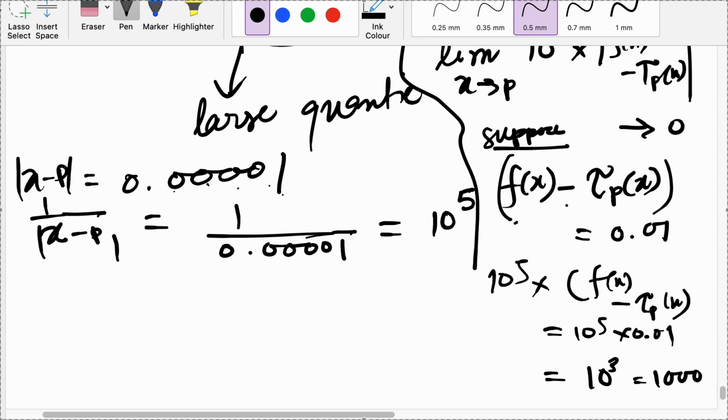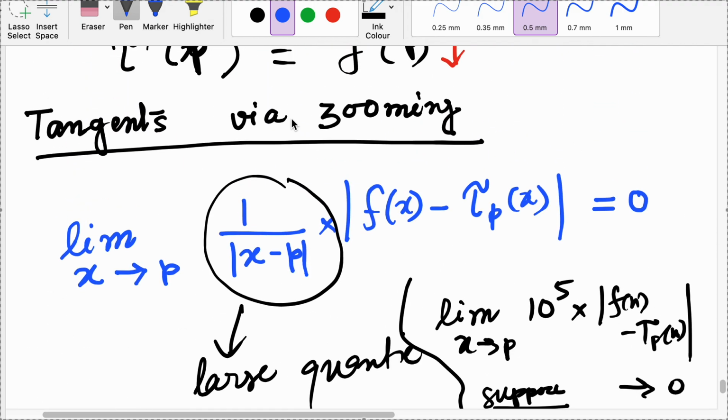So it should not be that they differ by 0.01. It means f(x) and T_p(x) are very close, like 10 to the power minus something. They remain very close even after multiplying by a large number. This multiplying by the large number is called zooming out. So if I